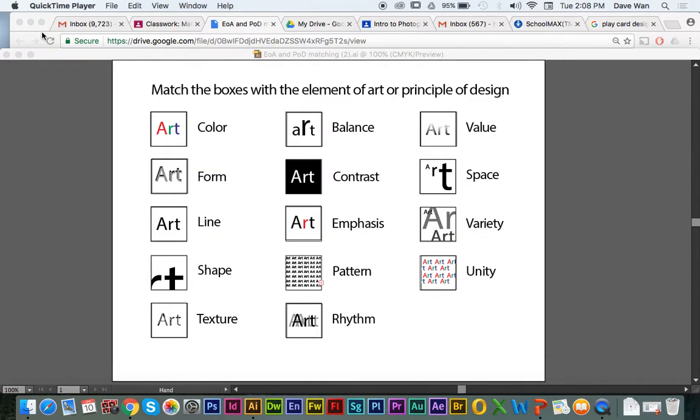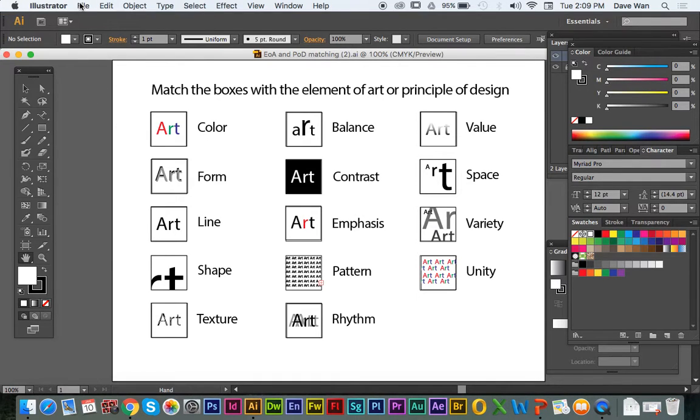Alright, computer graphics one, take a look up here. I'm going to show you a couple of different effects you can do from the elements of our principal designs that we looked at before. I'll start off with the pattern one. I've shown you this before, but I'll just review it again. If you want to create a pattern,